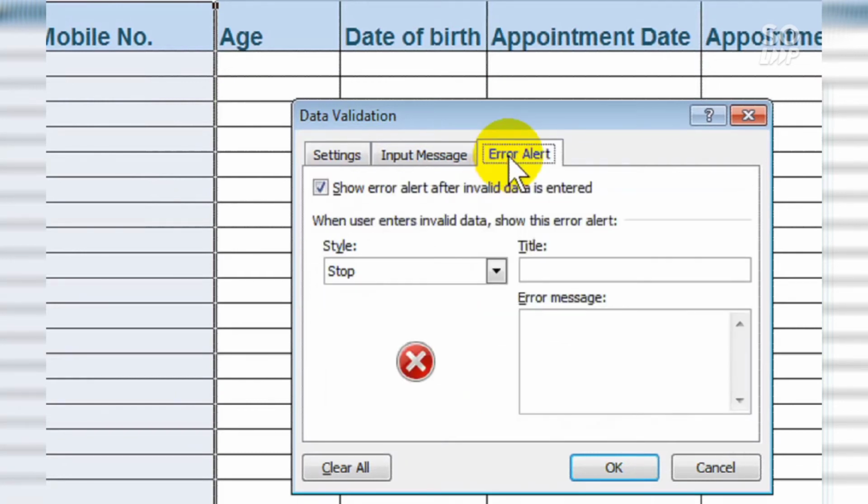In Error Alert also you can type anything, whatever you want, like give it any title or any error message, so that whenever you type anything except that length limit, that is only 10 digits, you will get this error, like "stop typing text in place of mobile number".